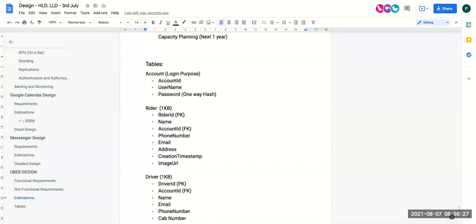You can still, whatever information you're talking about, maintain that as a part of the rider table, where you can say whether this rider is a premium rider or a normal rider. No one is stopping you from maintaining that. Now, I'm trying to understand, why do you want to create a separate account table? See, account ID can be the same, username and password can be the same for the driver as well as for the rider, depending on from where they are logging in. Correct? The account name and password can still be the same. They can act as a driver, they can act as a rider. No one is stopping them from using the same username and password across both the applications.